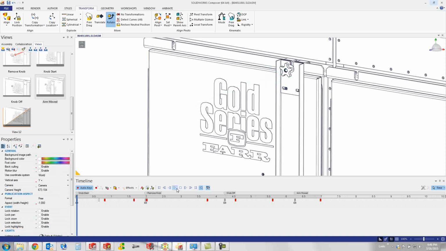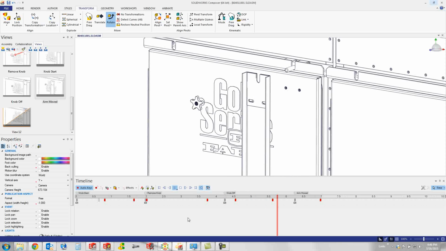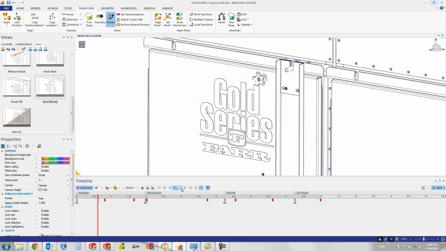So you can see using the views, I simply drag and drop. Or I can manipulate the views and the arrows as we go. With just a few more clicks, I'm able to quickly create the animation, save this out as an AVI file or any kind of file format that I need,